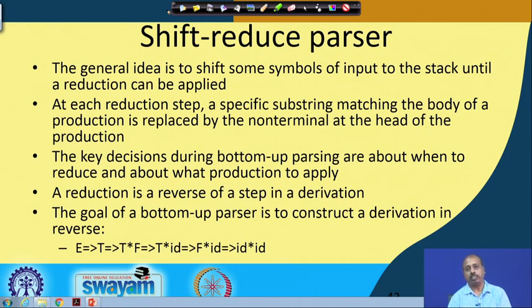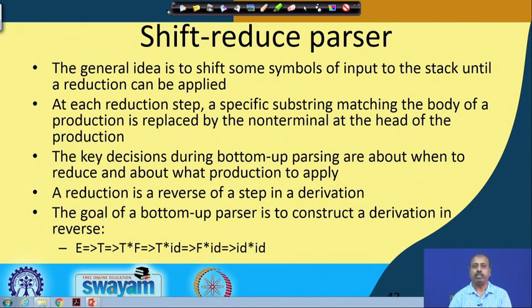So, when to apply this reduce? If you are not doing it correctly, then you will be reducing at an arbitrary point, so that it will not be able to generate the parse tree even if the string is correct. So I have to do it judiciously, at which point I do the reduction, and also there may be several rules by which we can do a reduction for some point of time.